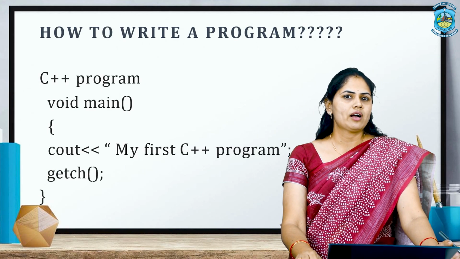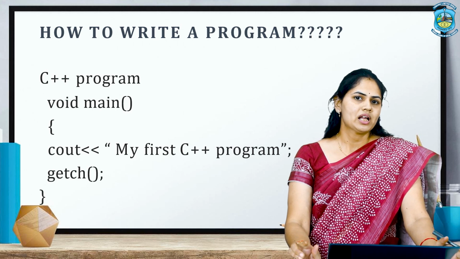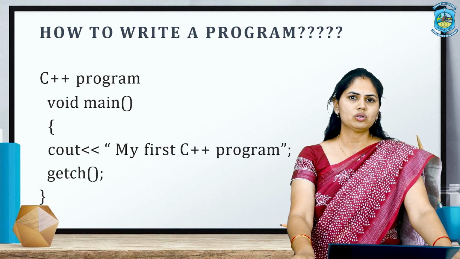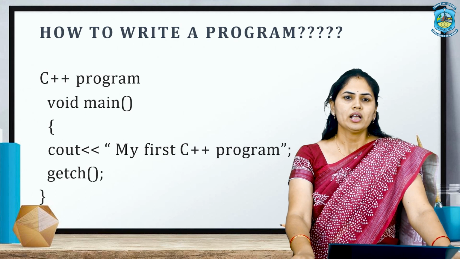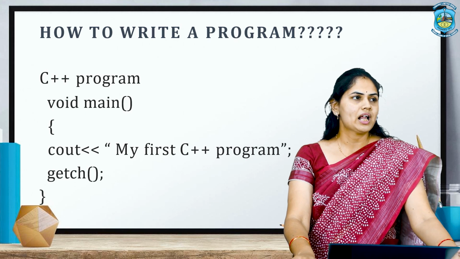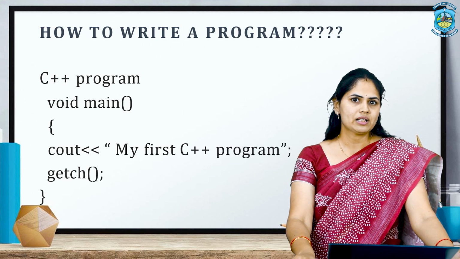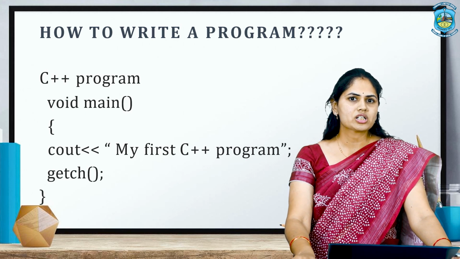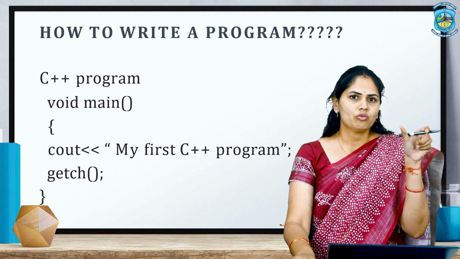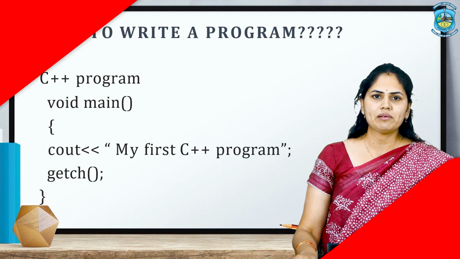Now, to write a Java program. Here we have a program of C++. C++ is also an object-oriented programming language, where Java is also an object-oriented programming language. Now, what is the difference in both? We already discussed that in the previous module. Now, we'll see the programming difference. Here it is a program of C++ where we are writing the function, all the contents within the main